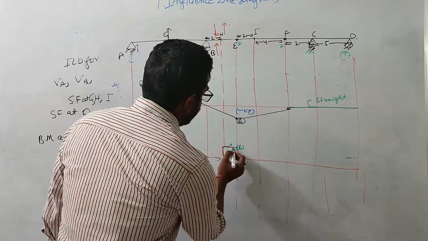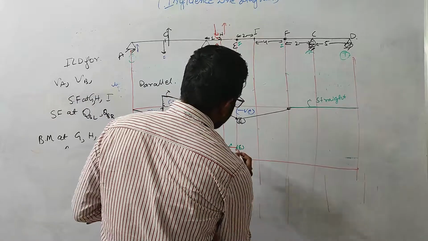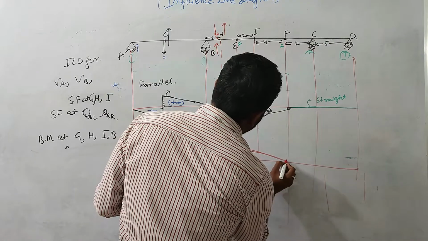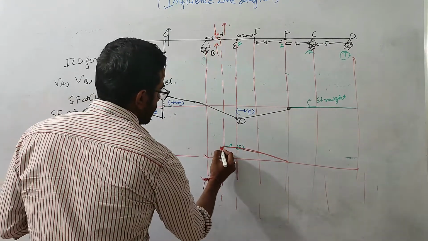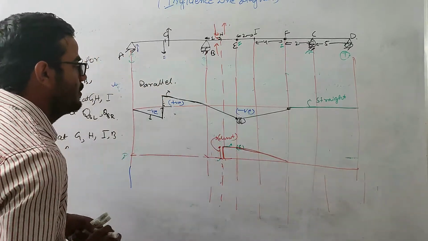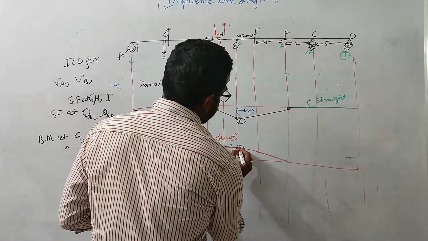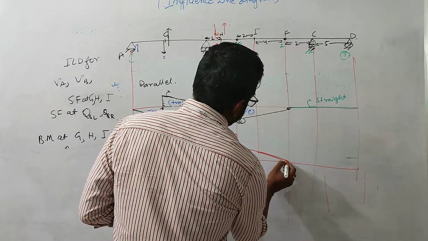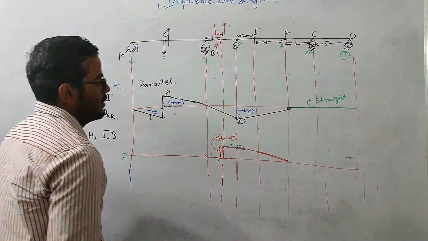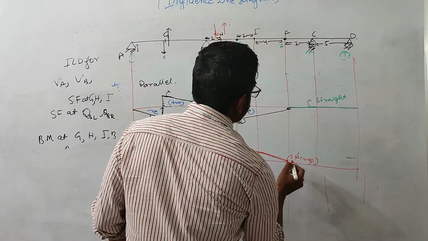Now when it comes to this point, after this point, it will look like this. So this is nothing but the unit displacement, the unit shear displacement. Up to here it is a straight line. Then after that it is also a straight line, but with some slope, with respect to this reference axis. This is at the hinge, where the slopes are different. Here the slope is different, and at this point the slope is different.